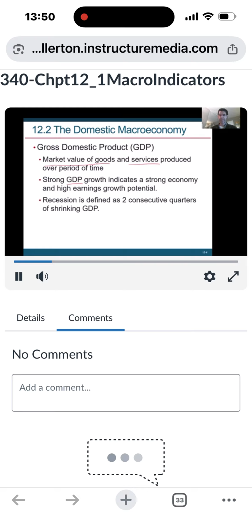So when we see high GDP growth, meaning the economy is expanding, that generally means that companies are doing well. In particular, a recession is defined as two consecutive quarters of shrinking GDP. When gross domestic product actually shrinks for two quarters in a row, that is the typical definition of a recession. So if you ever wondered what they actually mean when they say we're in a recession, they're looking at GDP, and if it is shrinking for two consecutive quarters, there you go.